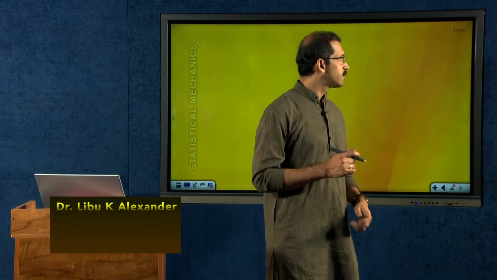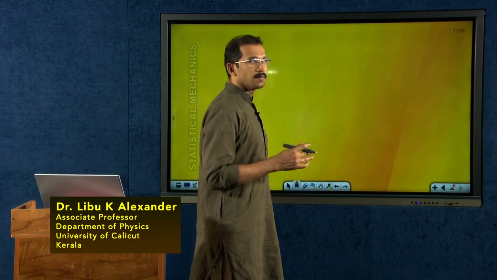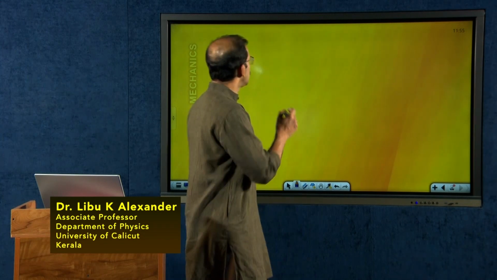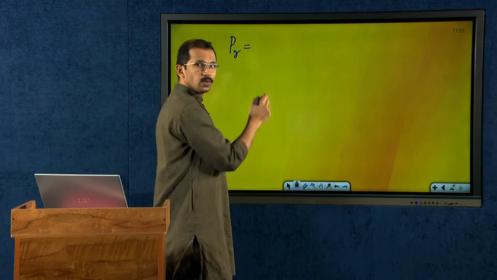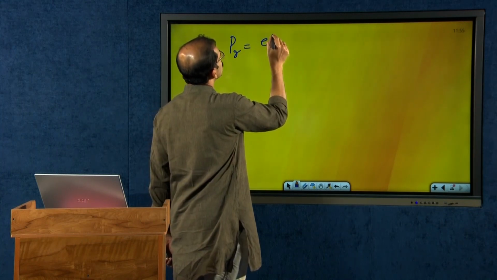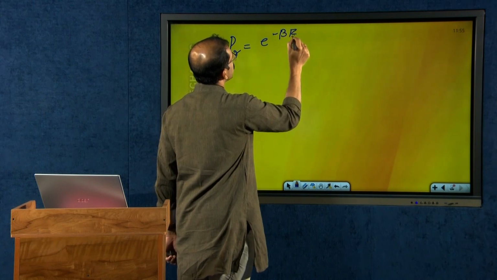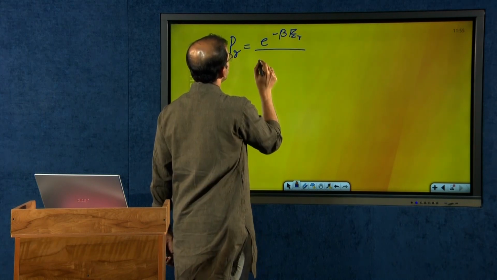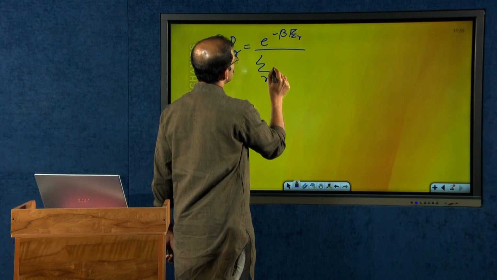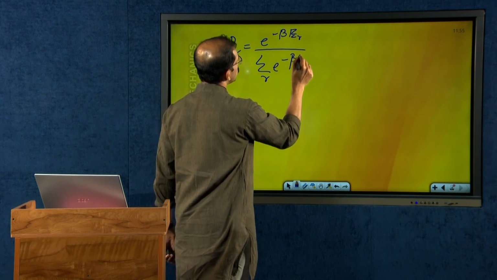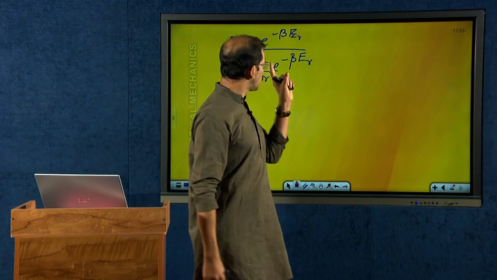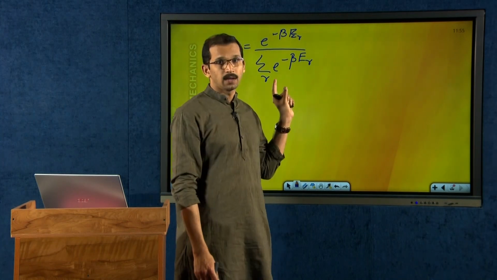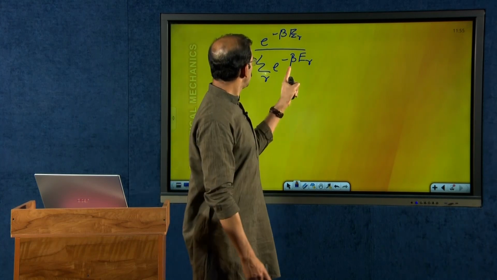In the last episode, we derived the expression for the canonical distribution as P_R is equal to e raised to minus beta E_R divided by sum over R e raised to minus beta E_R. This is what we define as the canonical distribution, and we know that